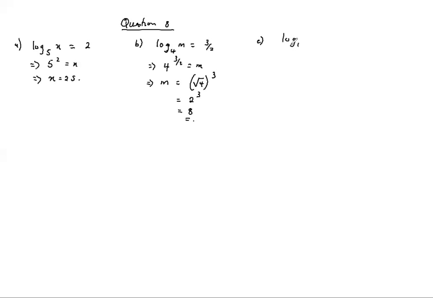And C: log_b 3 is equal to half. So you're saying b to the power half is equal to 3. You want to get b. So what do you do? You square both sides. So b is equal to 3 squared, which is equal to 9. That's how you solve this one. We go to question